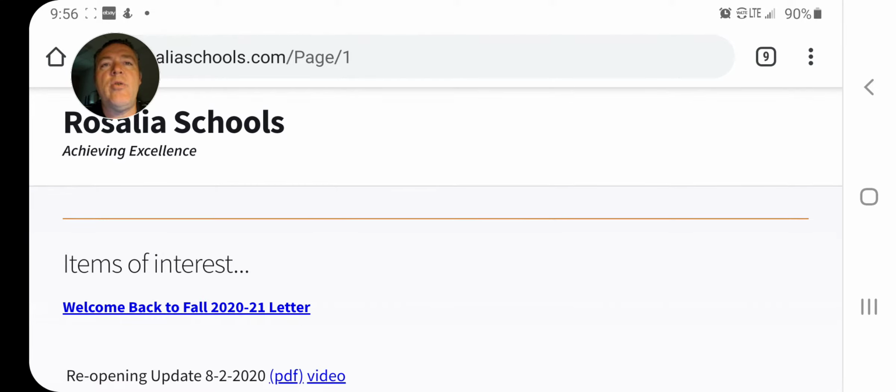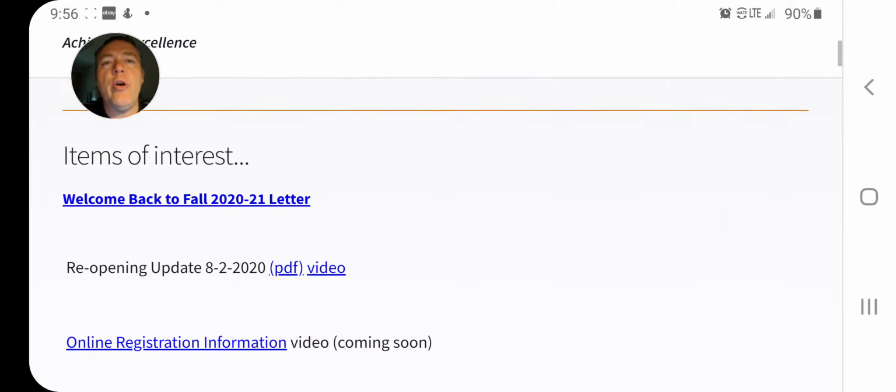The purpose of this tutorial is to give you some guidance on filling out our online registration. This is an exciting time. This is the first step of the beginning of the new year. First thing you want to do is to go to our school website at rosaliaschools.org, and you're going to go